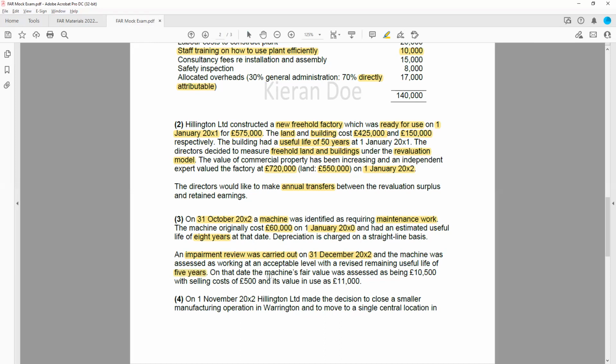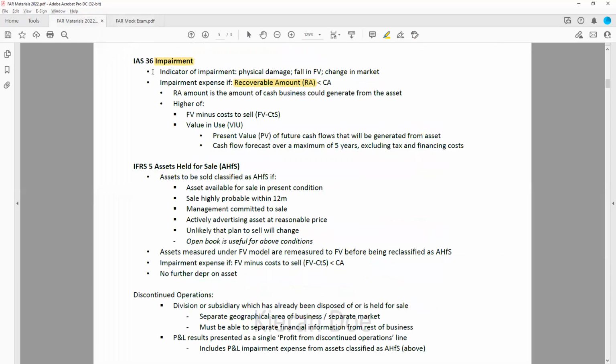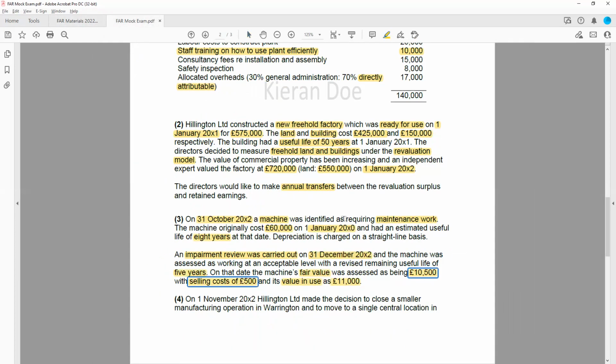On that date, the machine's fair value, so what they could sell it for, was assessed at being 10,500, selling costs of 500, and its value in use of 11,000. So they've got this machine. If they sold it, they'd get 10,000 for it. They'd sell it for 10.5, but they'd have selling costs of 500, so they'd be left with 10,000. So that would be the fair value minus cost to sell,